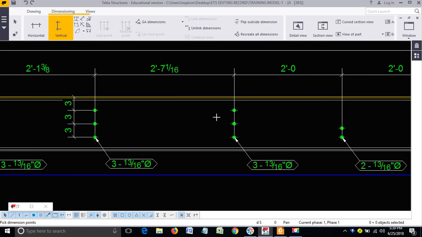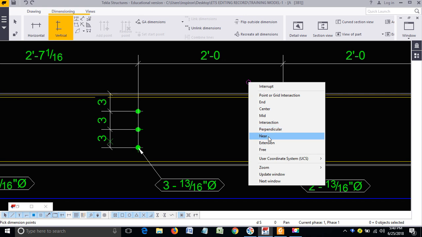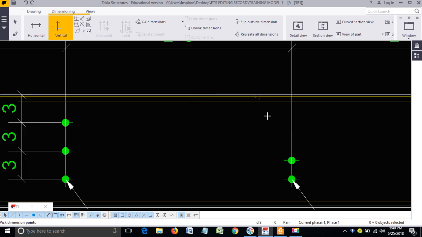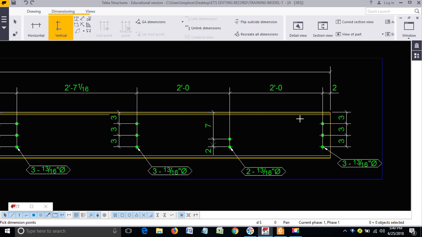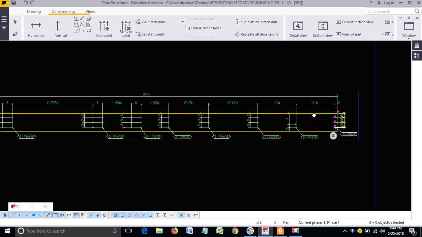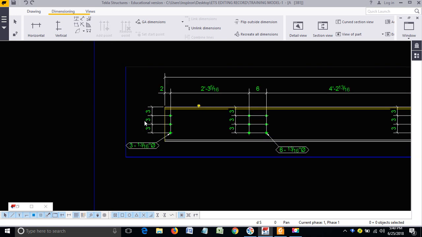Do it very fast once you are done with the beam editing, from the second beam onwards. You already know how to edit the channel, so speed up. Okay, so just two points only. Now we have done all the vertical dimensions. Okay, so finally go for